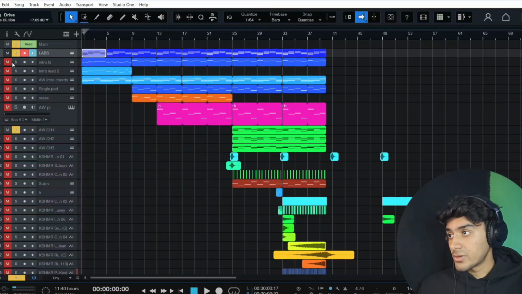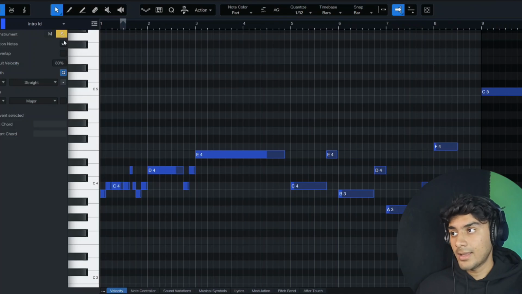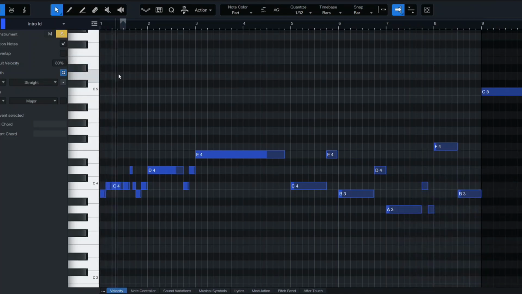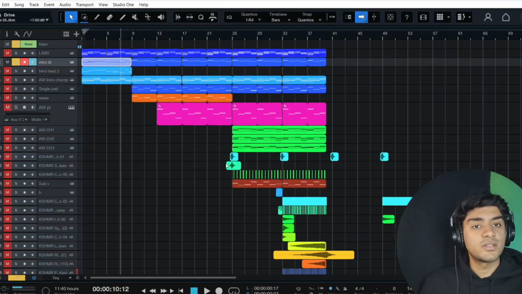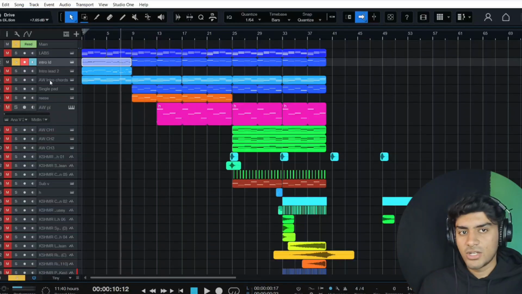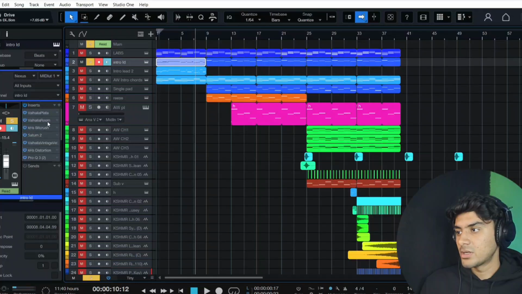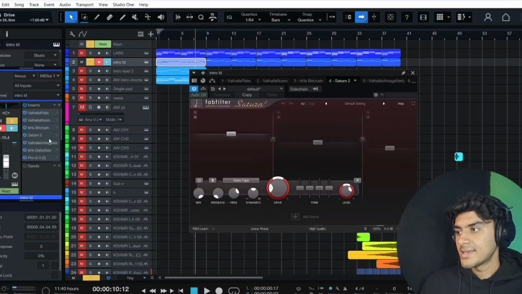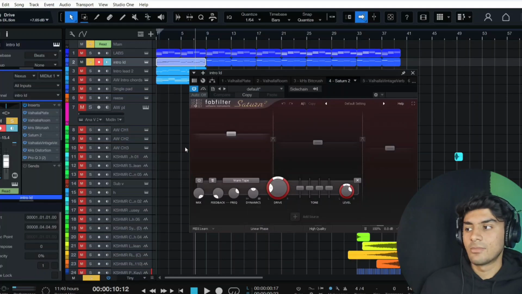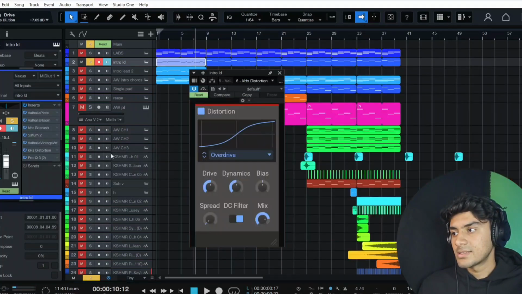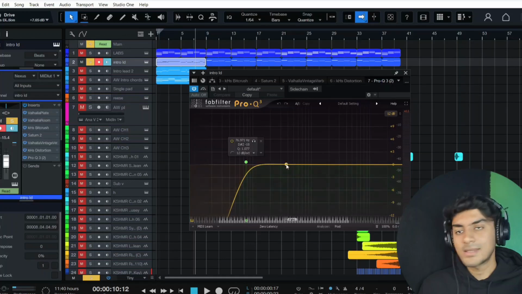And for the intro, you can also hear some of the distortion and reverb lead that's in the original song, and it sounds something like this. So this was the distortion lead. It's actually an Access initialized preset, and I have put a whole lot of reverb and distortion into it, like plate reverb, room reverb, some bit crusher for distortion, Saturn for some saturation and boosting some of the frequencies, some more reverb, some distortion again, and some EQ to clean the sound,